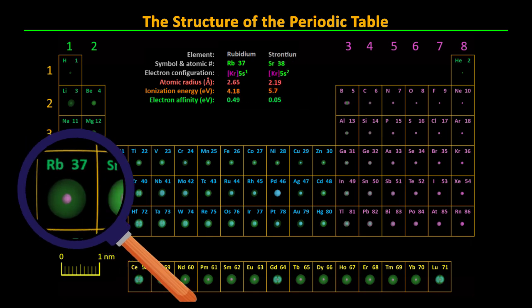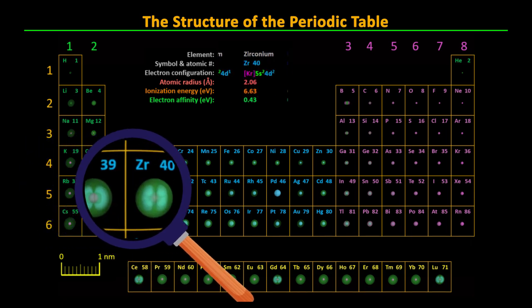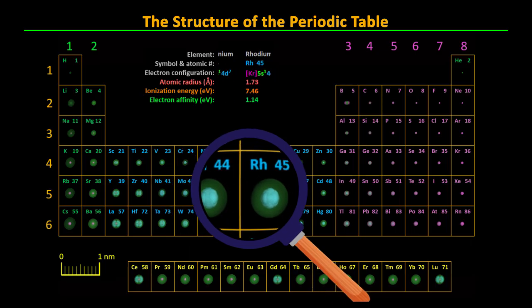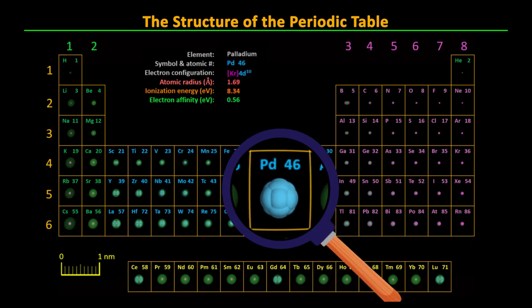The 5th row of the periodic table largely mimics the 4th. The 5s orbitals fill first, then the 4d orbitals, and the 5p orbitals. One oddity in this row, however, is palladium at atomic number 46. Here, the atom prefers to have 10 electrons to make the 4d shells completely full, so it steals both electrons from the 5s shell, making it the only atom without any s shell valence electrons.